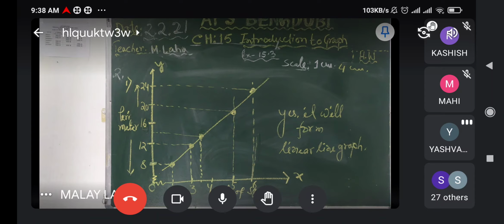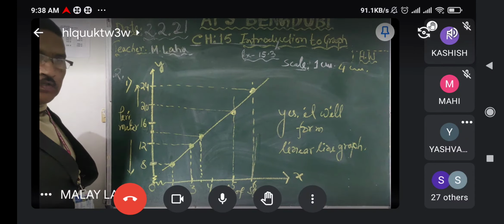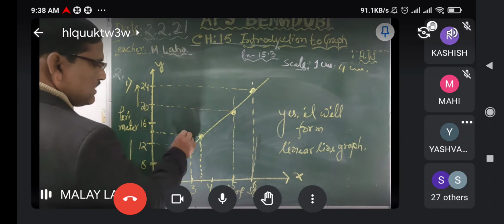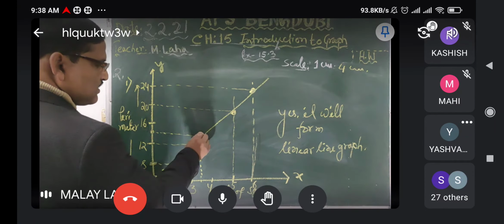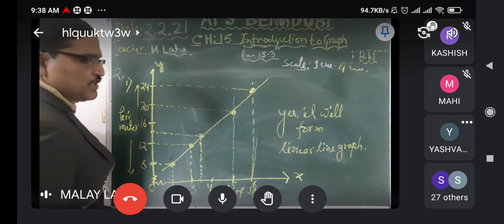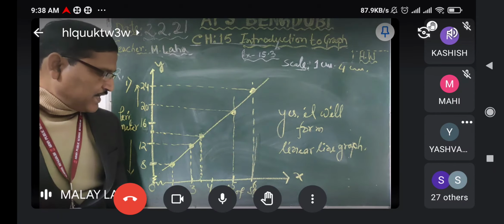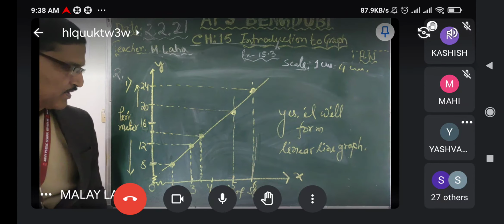Sir, here 14 will come, right? Which one? Yes, in between 12 and 16, 14. So no need to write, you have to make it out. If I take 14 as an input, where does 14 lie? It will be between 12 and 16. So from there I will draw a line parallel to the x-axis and a vertical line on the x-axis. They are meeting here. So this is the position of 12, 14 and 3.4, 3.5. Okay, 3.5 centimeter.